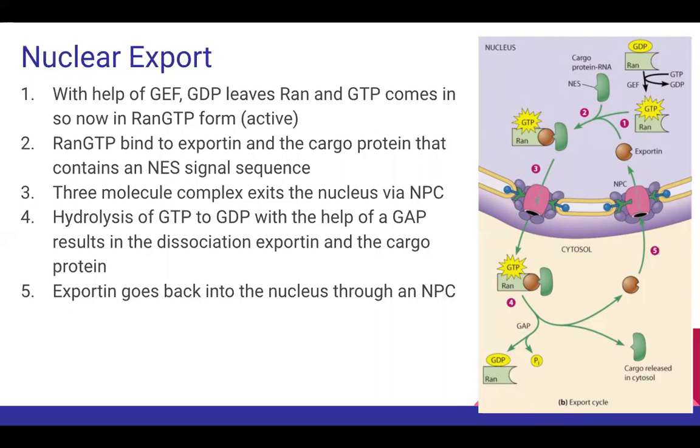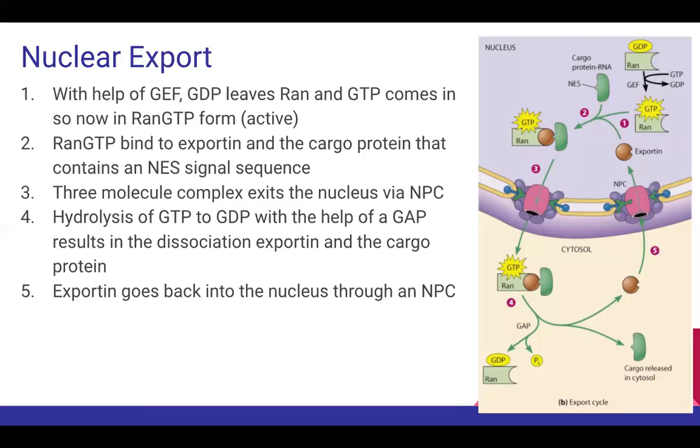So you have RAN GDP in the nucleus. Once GEF activates it, it switches GDP to GTP, and now the RAN GTP complex can bind exportin. Once it's bound to exportin, exportin will bind the protein that needs to go out of the nucleus. If it needs to go out of the nucleus, it needs to have this NES. So it exits the nucleus, and then